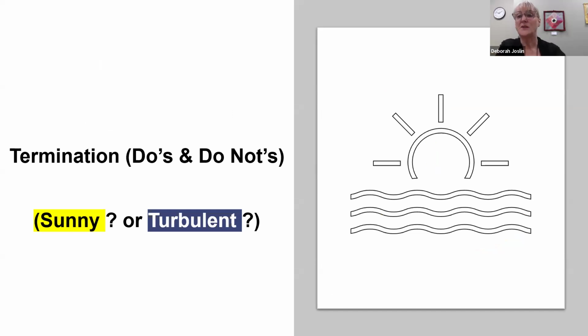We're going to get into terminations, and anyone in HR says that we want to be liked, and we're not often liked in HR. That's because typically we're dealing with the difficult situations, and one of those is termination. Again, some of you will not have HR. Some of you might just seek an outsourced HR. Some of you will be looking to do this for yourselves. So having this information on a few do's and don'ts is really important.